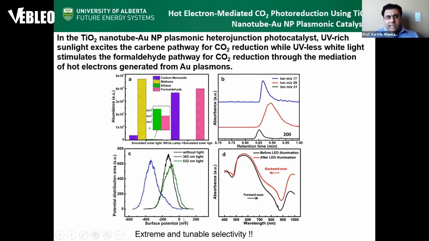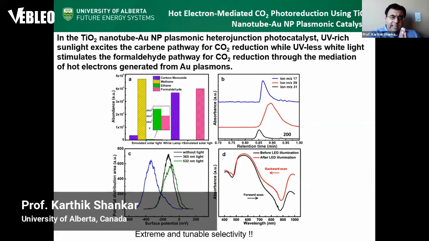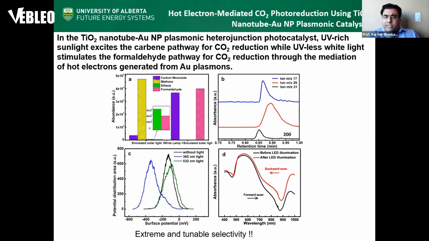When you use purely ultraviolet light, you get only methane. And when you use purely green light or even blue light, you get formaldehyde and carbon monoxide. So what this showed is that the wavelength of the light used could be used to control the reaction pathway, which is really new. So ultraviolet light leads to the carbene pathway of CO2 reduction to generate methane, and green light results in the formaldehyde pathway to produce formaldehyde and carbon monoxide. All of this was verified using